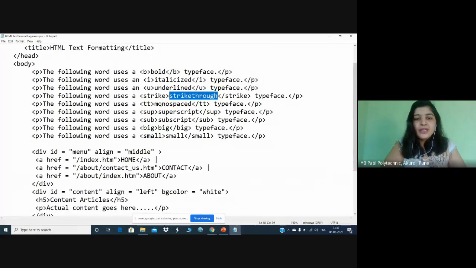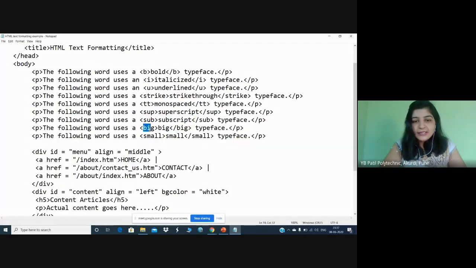Next one, monospaced. I have used the tag TT, monospaced. Then next one is superscript. So this superscript word will be displayed above the previous letter of this sentence. Similarly, the subscript word will be displayed a little bit below the line.